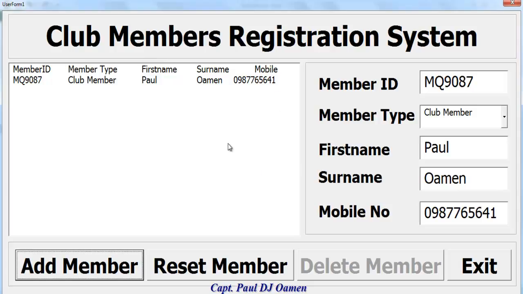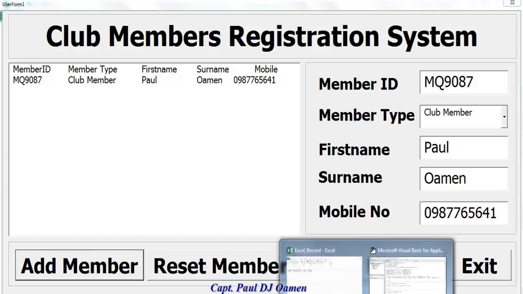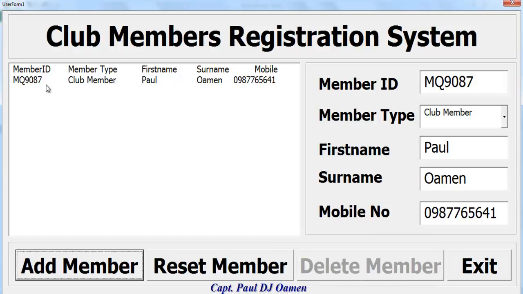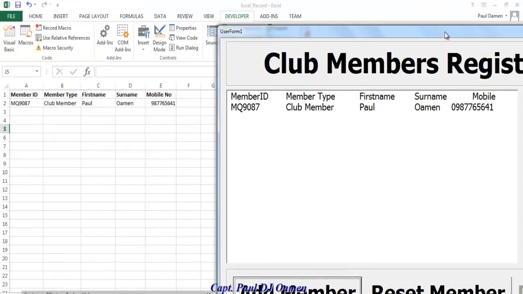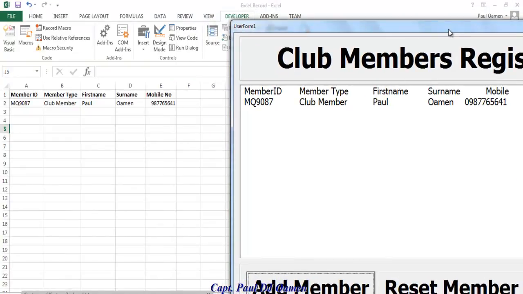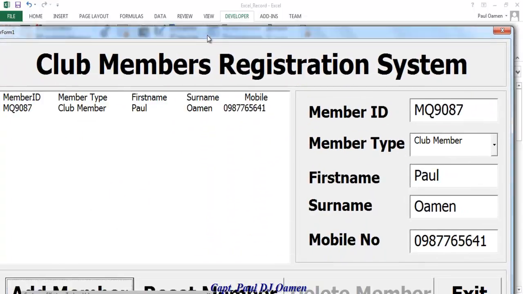And one other good thing about this is once you click on add, you can also store the whole data straight into the Excel spreadsheet itself. Let's see, I think it's right here. Let's open it up. Just move it aside. Yeah, that's it right there. Can you see that? So supposing we enter